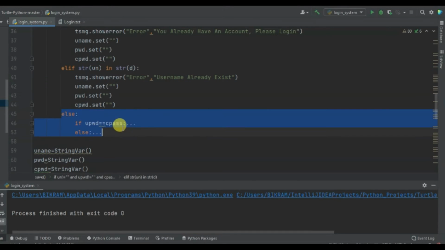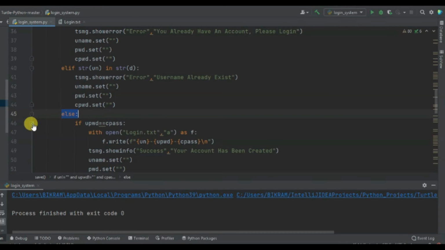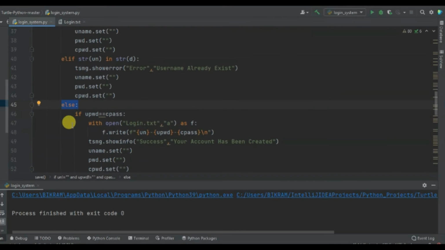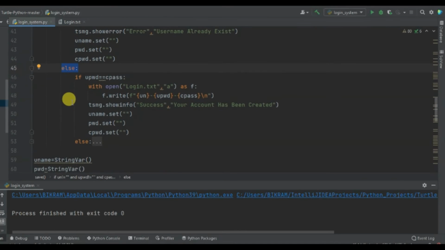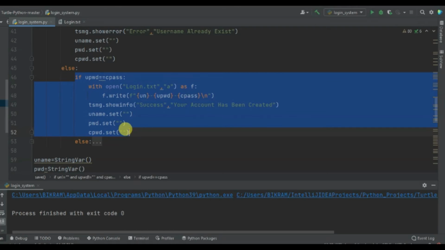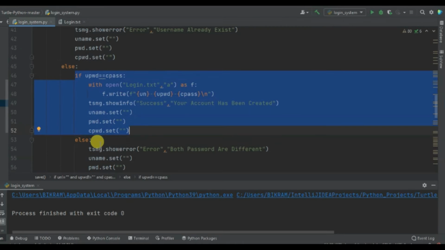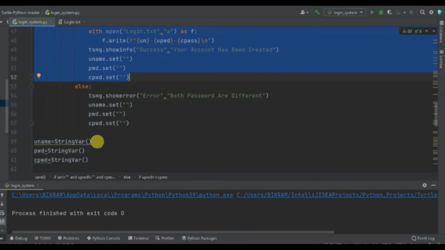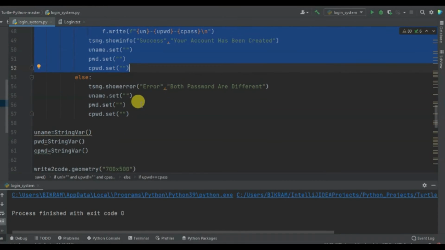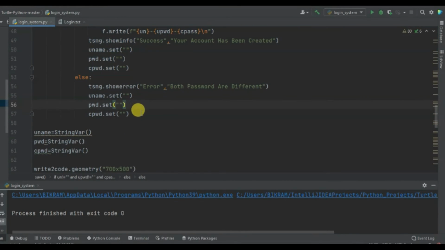Else, inside that I have used another if else statement for checking whether your password is equal to confirm password or not. If it is equal to confirm password, then it will print success, your account has been created. Else it will give you the message that both passwords are different.